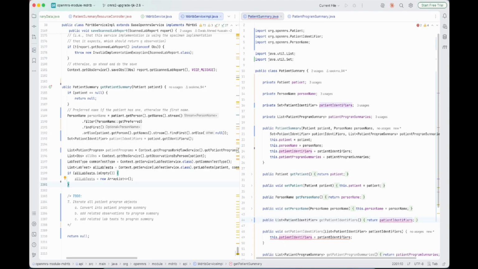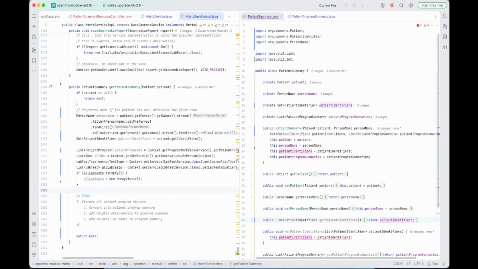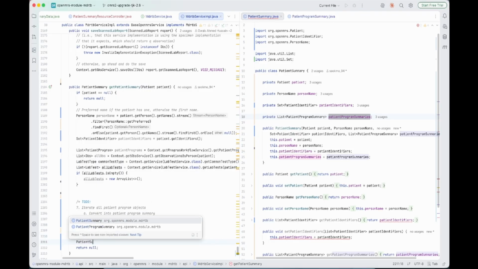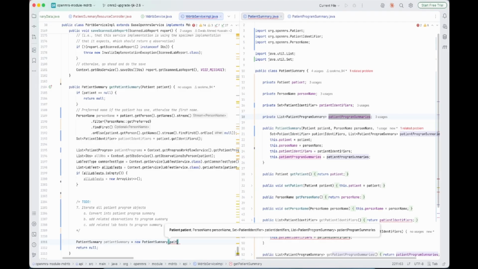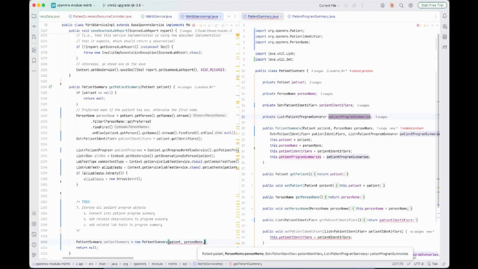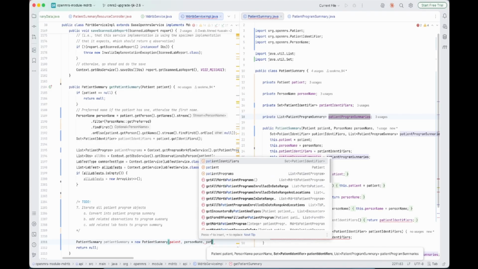And now begins the real fun. What we want to return is a list, a patient summary object, and inside the patient summary object we have patient program summaries and all of this information. So let's first go ahead and create at the very end the patient summary object. Patient summary goes to new patient summary, and patient person name, we have patient identifiers,